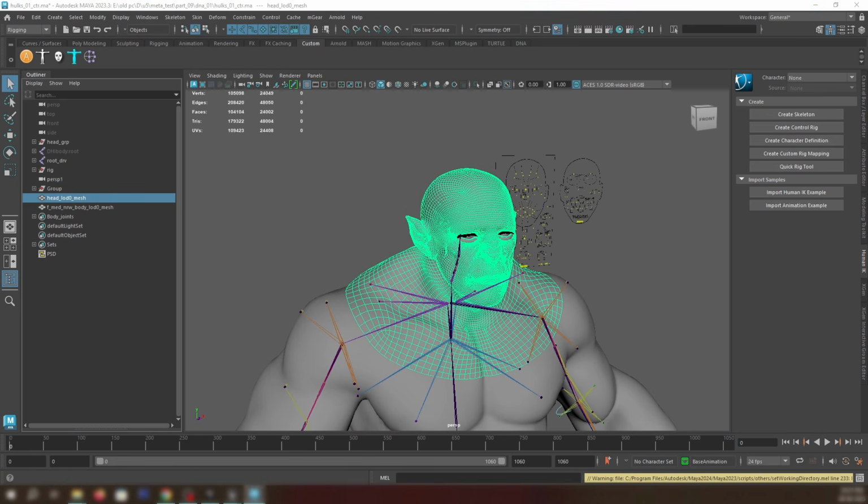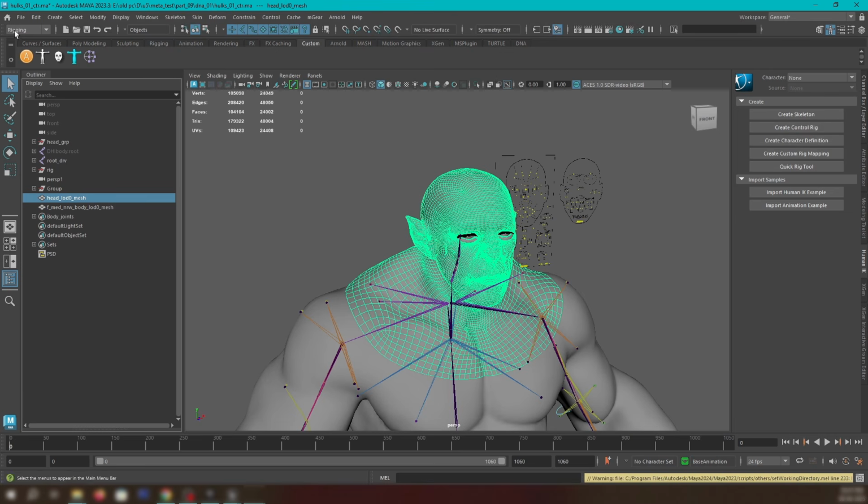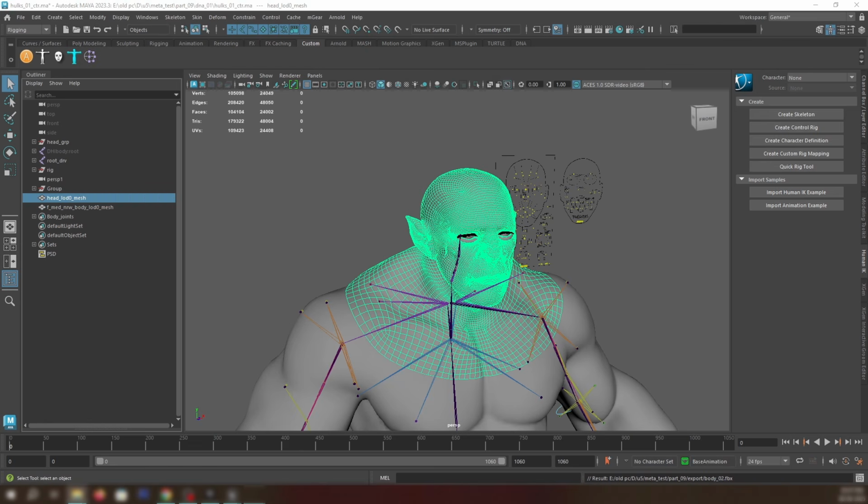So I'll export the head mesh as an FBX. I'm doing it in a separate display so you can see it.